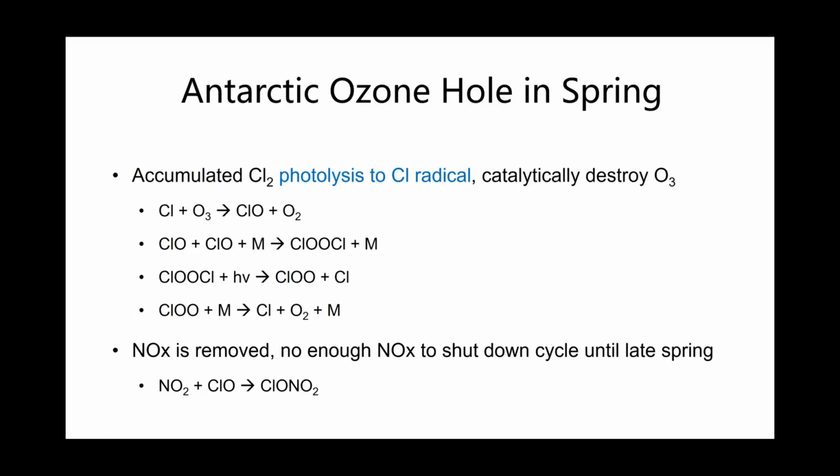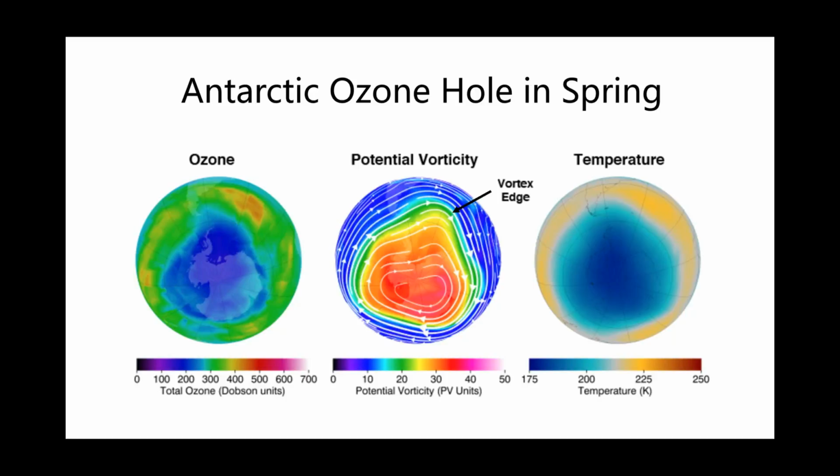So, the ozone hole is most significant after the cold Antarctica winter on our Earth. If we look directly at the maps of the ozone hole, the low temperature area, and the polar vortex, we could find that there is a strong correlation among these three areas. They basically happen in the same place, which supports that the polar vortex enhances the formation of the ozone